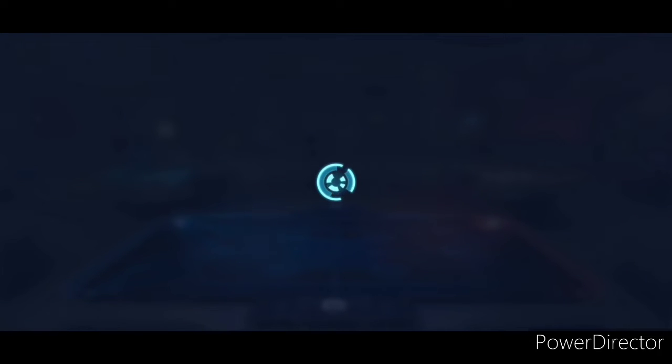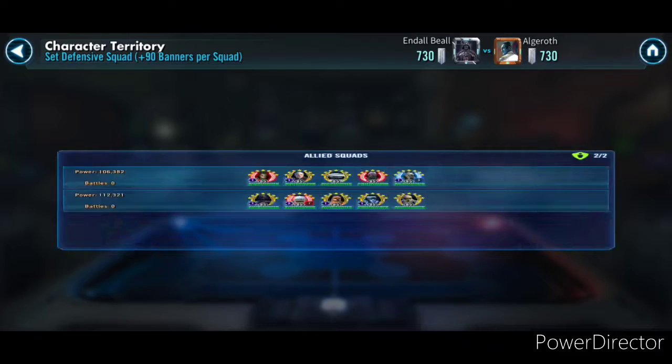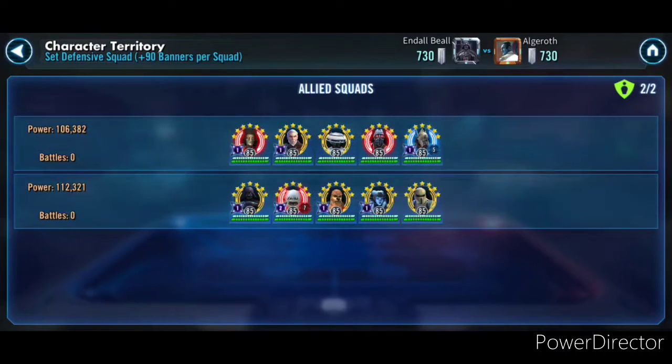And then down south, what I've done this time, let's take a look. So down south, I have kept my Nute team, which is again one of the staples that you see, just like the GG squad. Nute is something you always see on defense, just because it's so hard to recover full